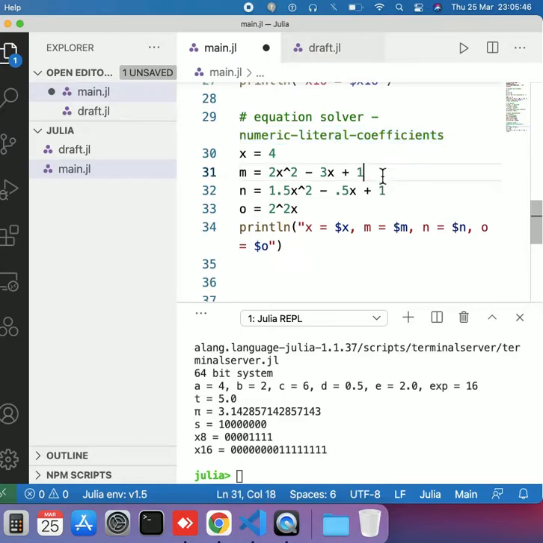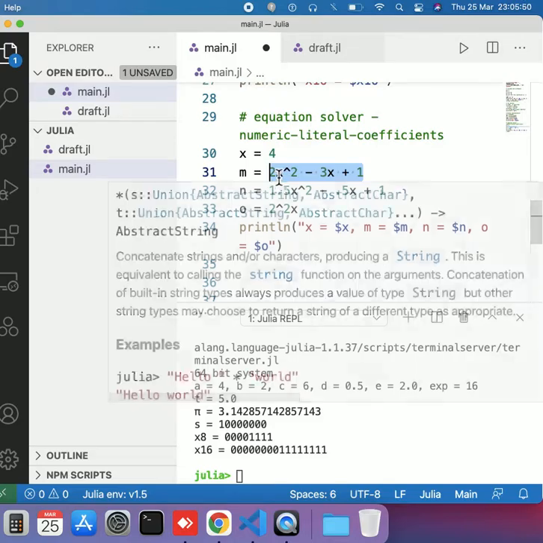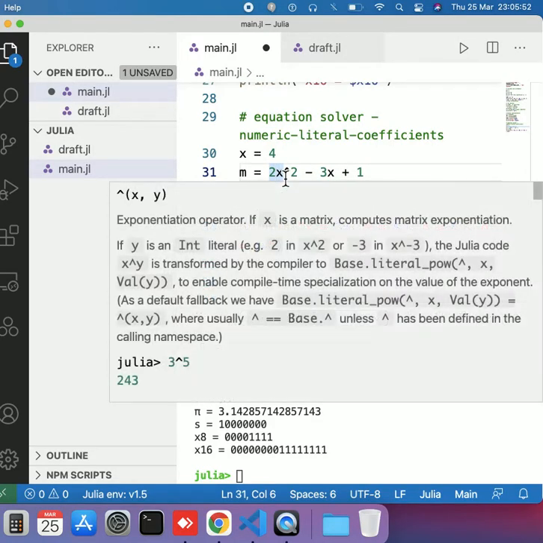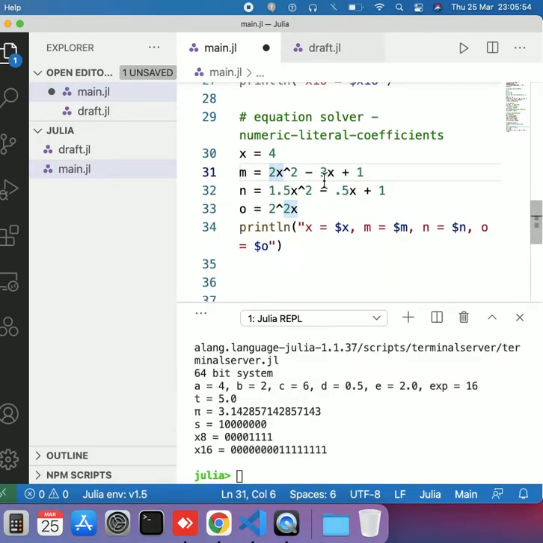And as you can see, I think you already have guessed that this is actually 2 into x to the power 2 minus 3x plus 1, and this is 1.5 into x to the power 2 minus 0.5x plus 1, and yes, this is 2 to the power 2x. And if I save and